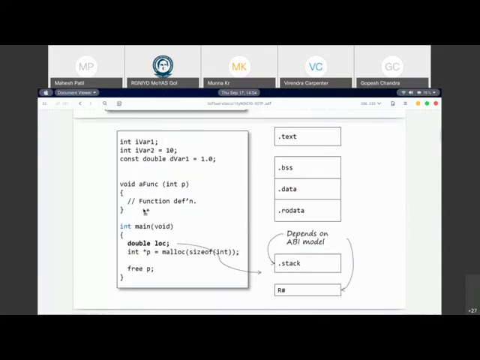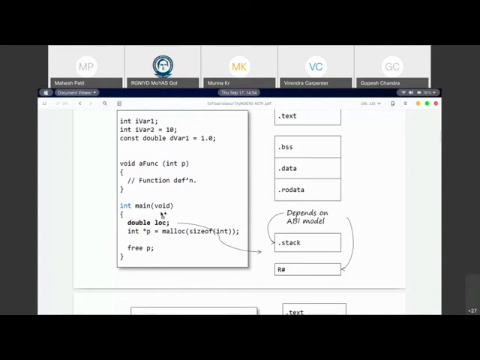Then the next one is the variable lock. We start executing the main function. Inside the main function, there is a local variable called double lock. This double lock is a local variable, and there are two places it can go. It can either go onto the stack or into the registers of the processor. This is very important for us to understand because most of our lecture is going to be around this. And here we are talking about the x86 processor.